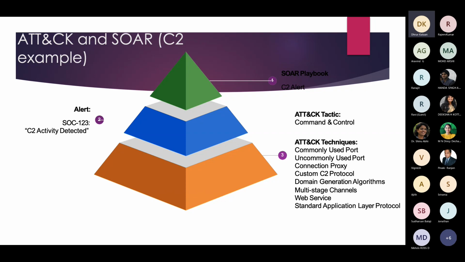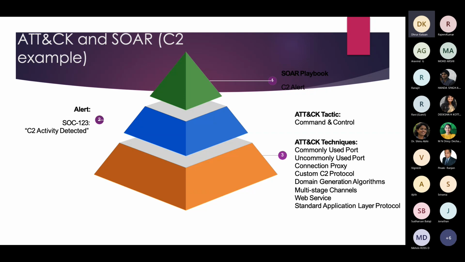Another example, if you get a C2 alert from any of your playbooks or sources, you say that okay, CNC activity has been detected. You map this back to your ATT&CK framework where you say okay, my tactic is command and control, and you have specific techniques that were used. Where we take this forward, I will show you with multiple tools as well, but the idea here is that you pick up the techniques, you pick up the tactics that were used in